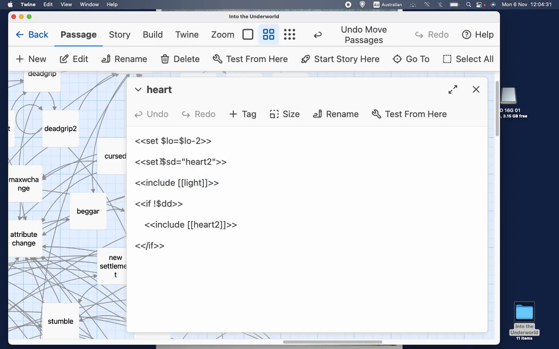And we know, if we remember anyway, that SD is the destination page that we go to from light, but in a very specific circumstance. And then we know that usually it's if exclamation mark DD, in other words, if DD has not been set to a non-zero value, then we include heart 2, which is the next page. So all this page is saying is